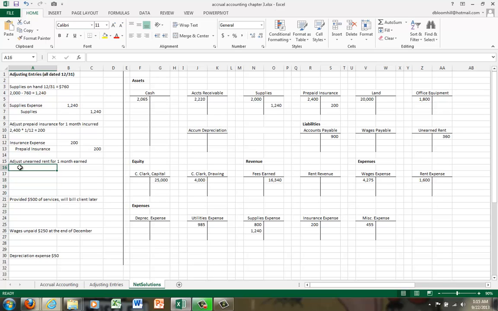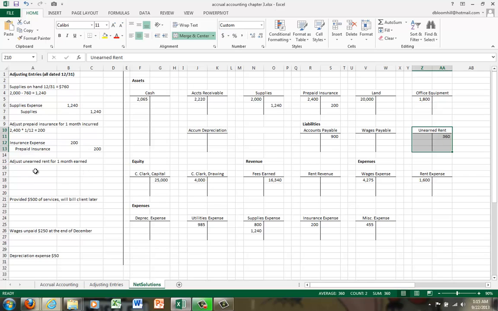Alright, we've now gone through the second adjusting entry. Now let's go through the third adjusting entry. If you remember, we have a liability account called unearned rent. $360 is in that account. That represents 3 months of rent received in advance. Well, as of the beginning of December, none of that amount was earned, so the entire $360 is allocated to